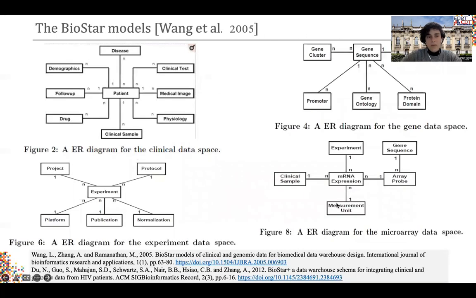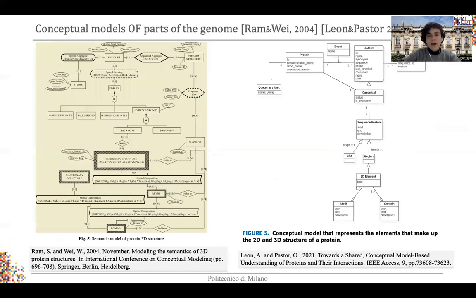Then we have the Biostar models, which had a pretty good success because they were trying to capture different aspects. So here on the top right corner we have the gene sequence. On the top left corner instead we have the patient that has some chromosomes with sequences. Of course, in order to measure the sequences, we perform experiments, and experiments may be of different types, such as, for example, mRNA expression. Here we have instead 2 attempts to capture the structure in 2 dimensions or 3 dimensions of proteins. Here we have the contribution of Ram and Wei of 2004, and then Leon and Pastor in 2021